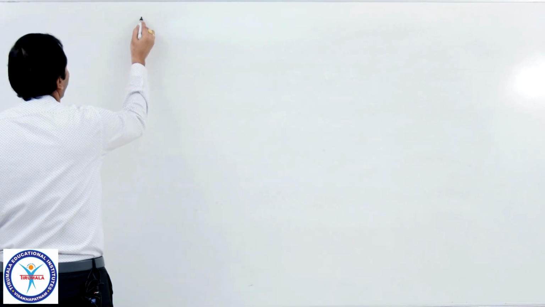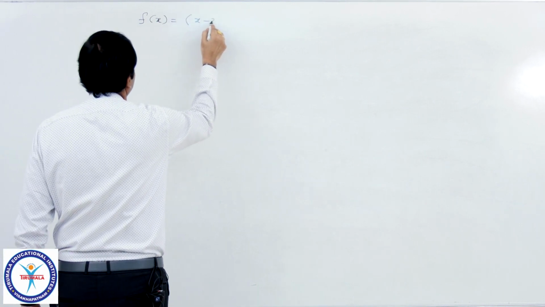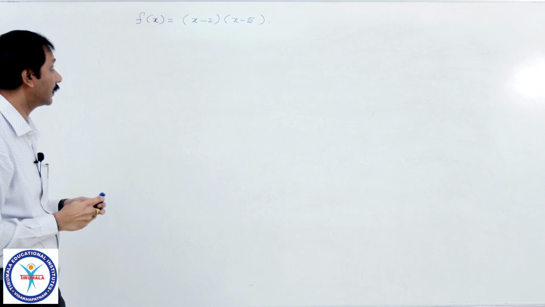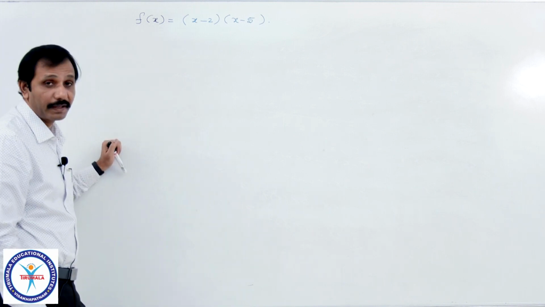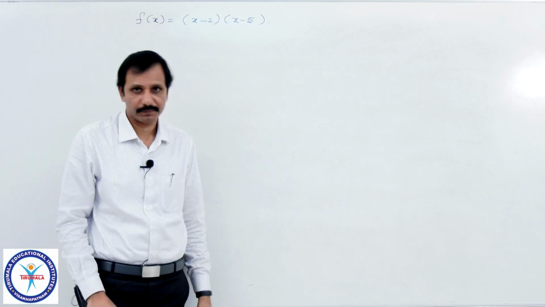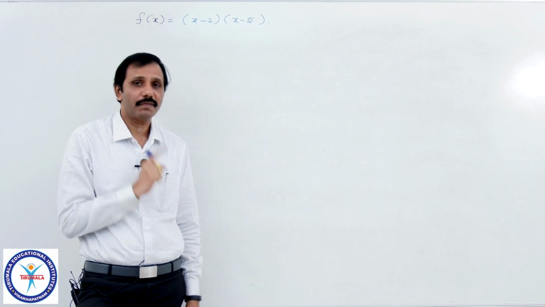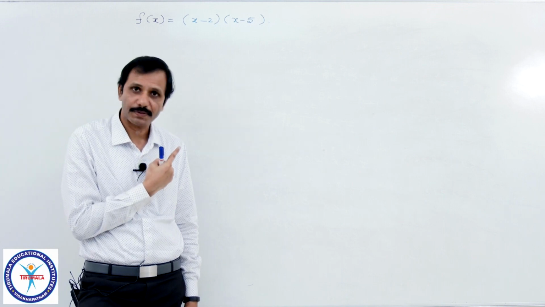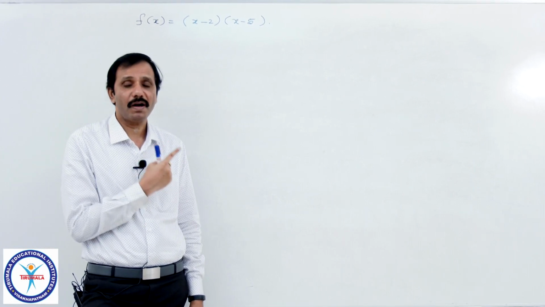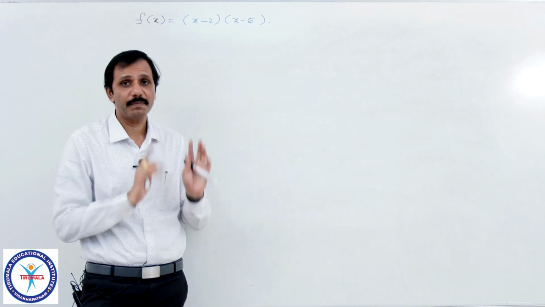Now, I am taking an expression which contains two factors. Observe this carefully. This discussion will help us in the wavy curve method. f(x) = (x - 2)(x - 5). Here we are going to discuss for what values of x this f(x) is positive, for what values of x this f(x) is negative, and for what values of x this f(x) will become 0. This is our discussion part.